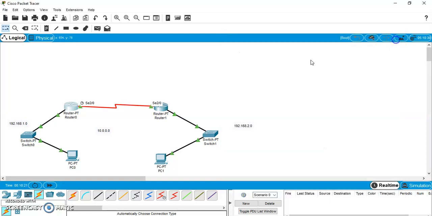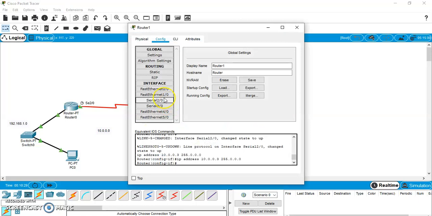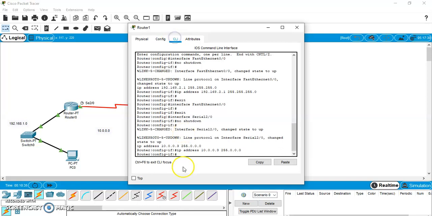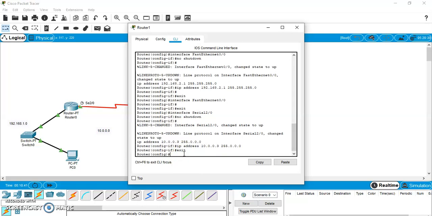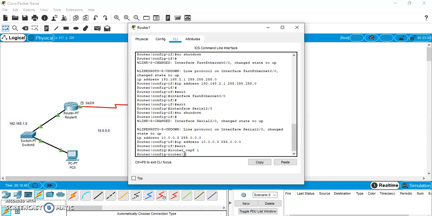So this is done. Regarding this router, it is connected to this network and this network. So I click on it, and then I'll come to the command line interface. I'll write exit over here first. Then I'm supposed to write again router OSPF 1, network, for example 192.168.2.0. Again, it is a class C network, so the subnet mask for the same is 255.255.255.0. The complement for the same will be